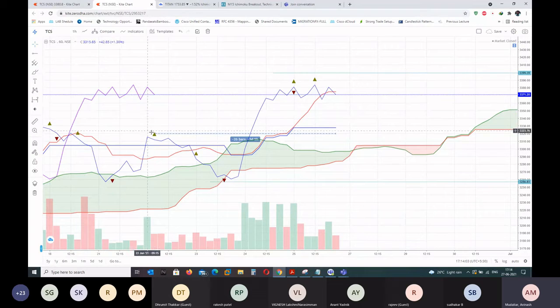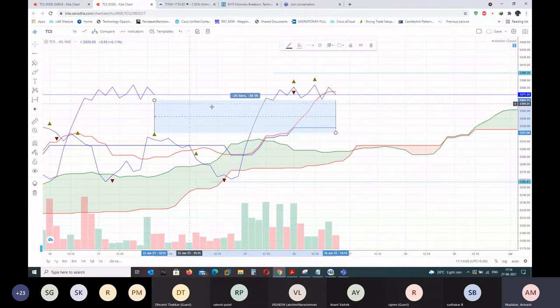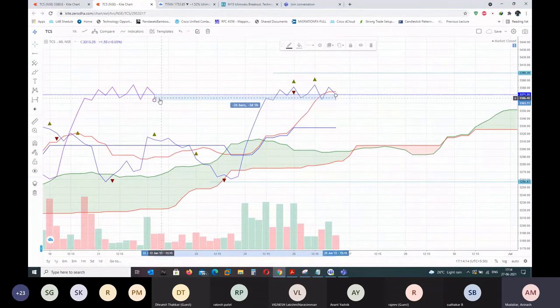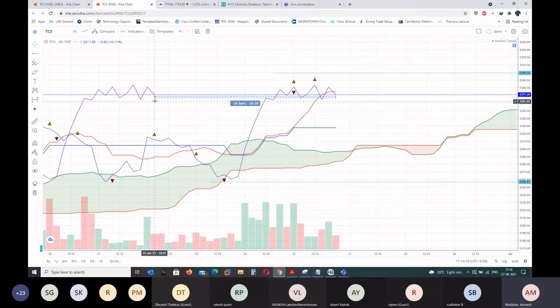So how do you calculate Chiku span? You take the current closing price and you shift that price 26 days in the past. So right now I'm here. And if I take the same closing price in the past, exactly 26 periods back, you can see it ends here. So the same price, you will see overlapping here. Whatever the closing price is here, you take the same thing and simply put it here. It's like a line chart shifted 26 days in the past.